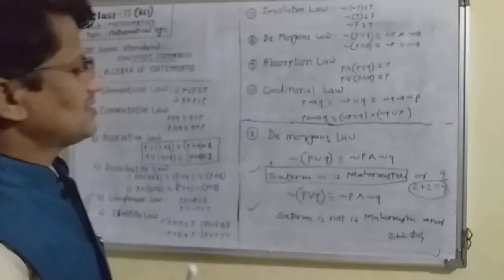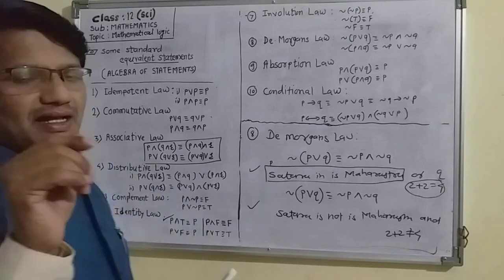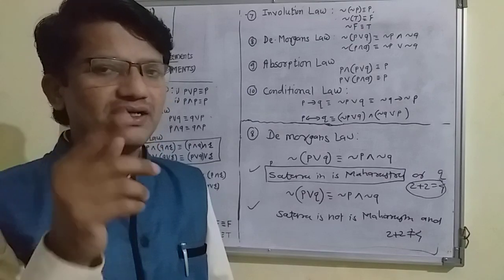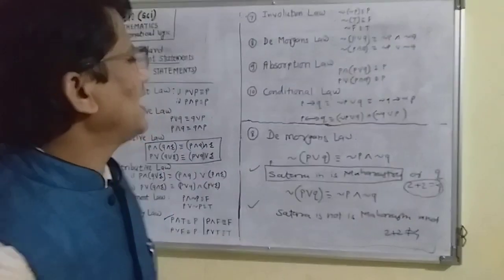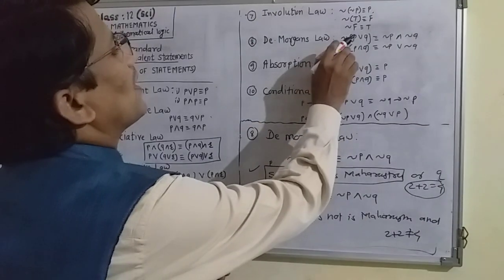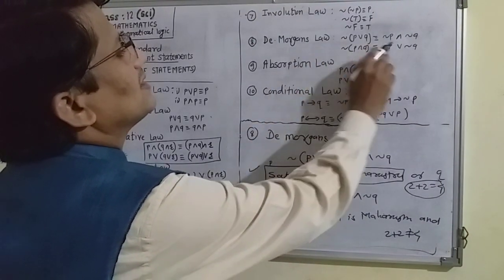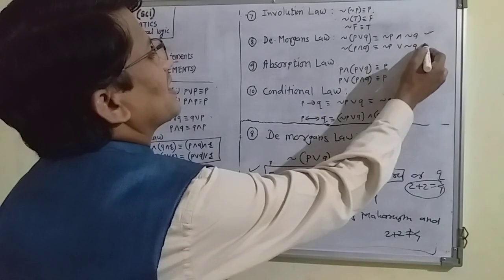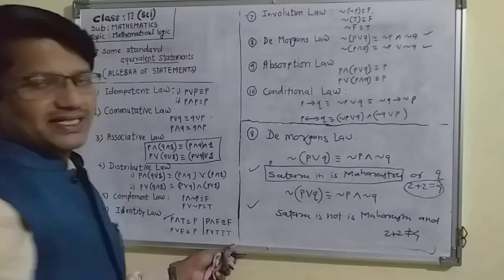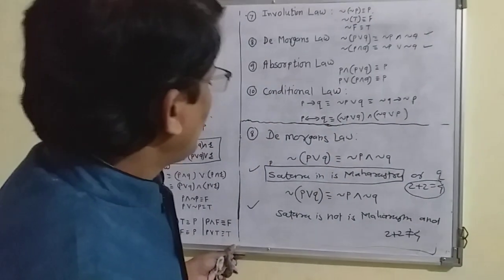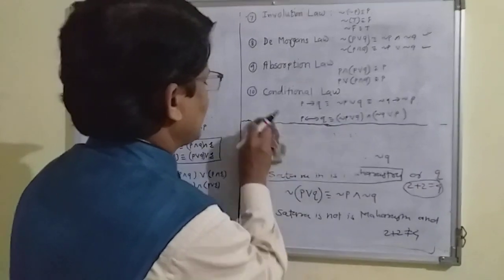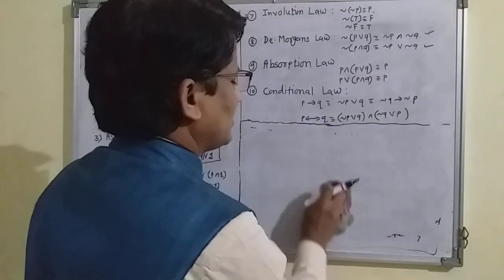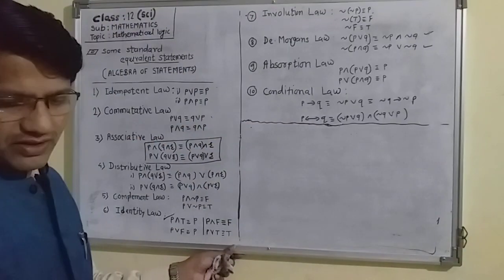This is the negation of the whole statement. So this is about De Morgan's law, and we have already seen the dual statement. How is the dual statement obtained? And is replaced by or, or is replaced by and. In the same way here, instead of or we use and, and instead of and we get or. Thus we have completed the proof of De Morgan's law and the examples related to it.